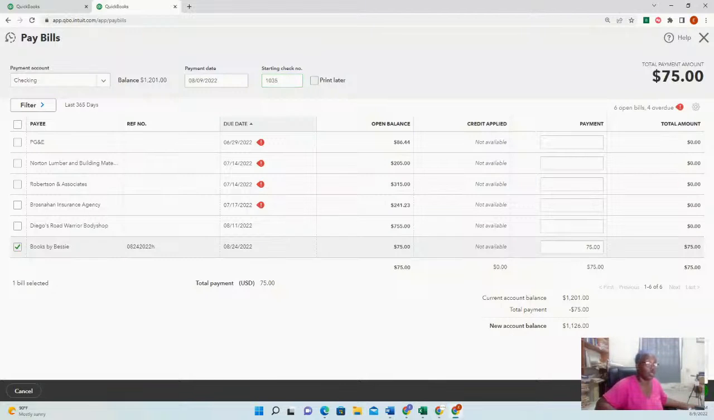Right here, you can save and print if you're going to print the check. If you're not printing the check, because most people are not printing the check anymore, you can just do save and close, and this will record the payment. This is going to show up as a check payment with the check number that's on the physical check that you are going to send to your vendor. So if we do save and close,